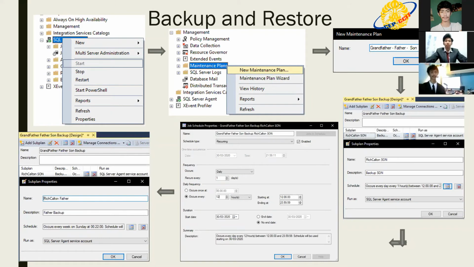Backup and restore. For backup, we use grandfather, father, son backup. Grandfather, father, son backup is one of the most popular backup schemes, allowing saving data into 2 different places with 3 repeating frequencies. For the steps of grandfather, father, son backup, the first step is to open SSMS and connect to